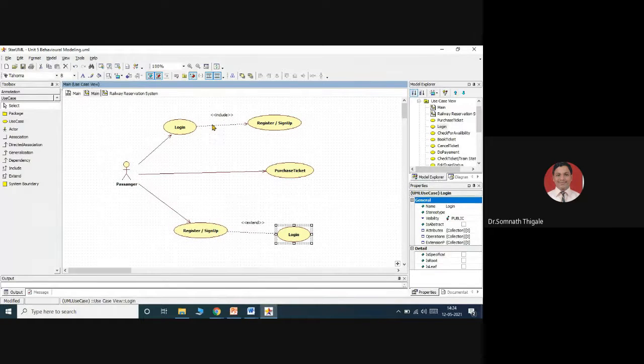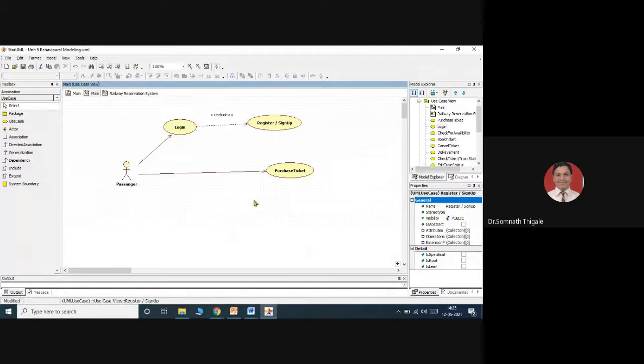Both the ways are correct, but in the simplicity manner or the user's perspective, maybe technical, non-technical users will be there. So for their understanding, we can show this as a part of your included action. So this is one set of actions which will be interacting with each other. Is this clear? I'll remove this.